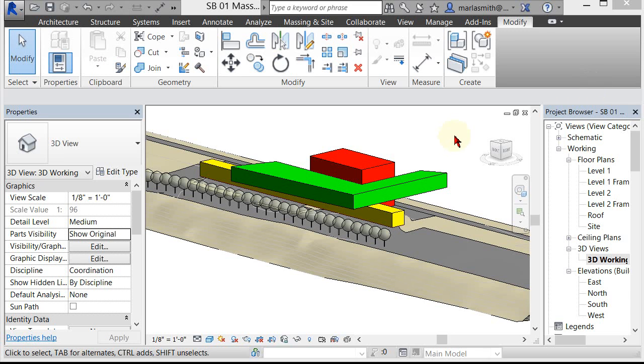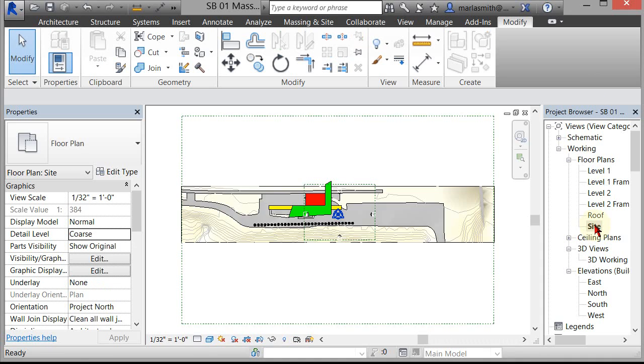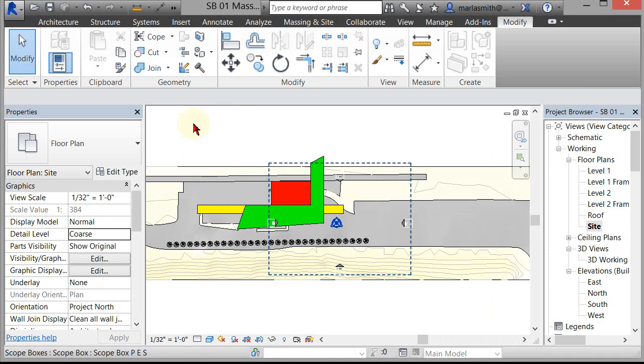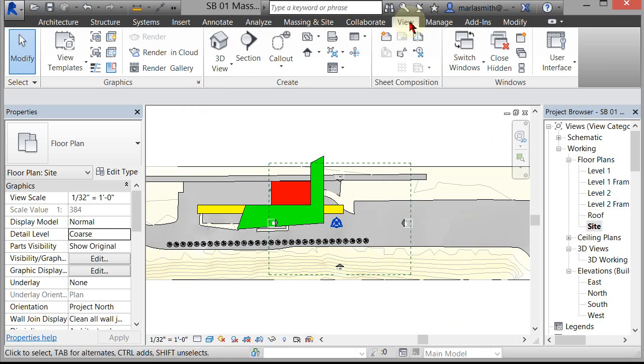Okay, so the next thing that we want to do is take a look at creating some views. So let's make some views. It's pretty straightforward. I'm going to go to my site plan and I'm going to zoom in a little bit and I'm going to go to my view tab and there's